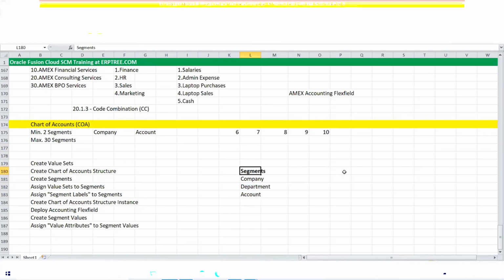For these segments, we have to assign segment labels. Here we discussed, assign segment labels to segments. For the company segment, which label do we have to assign? Okay, for the company segment, you can assign the label called